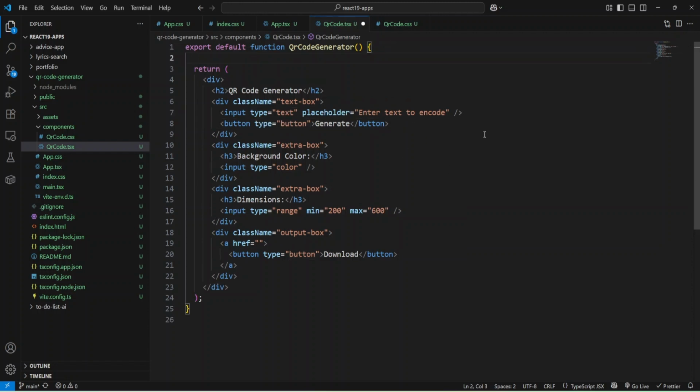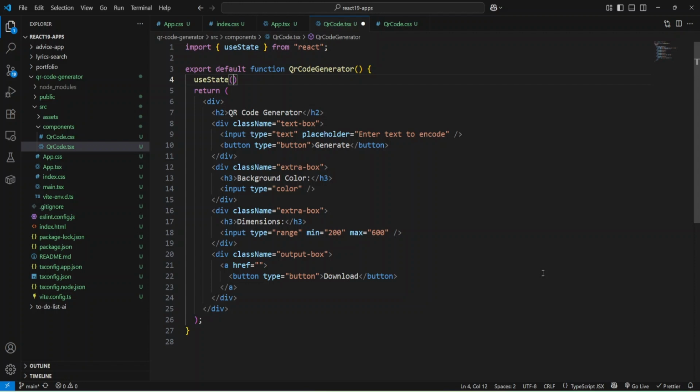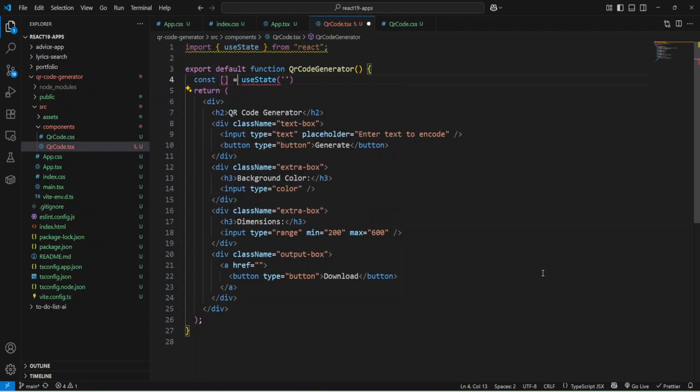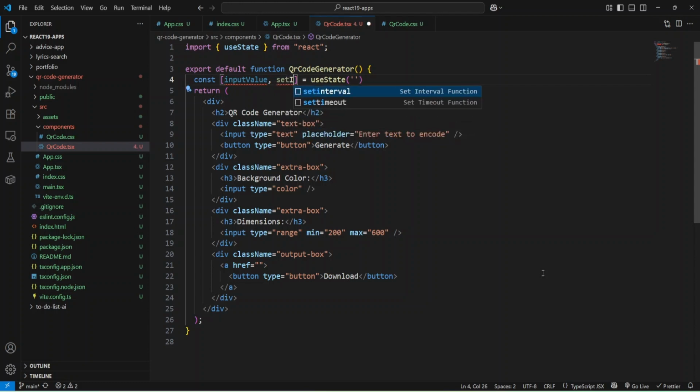And for that, I'm going to add state values with hook useState. I'm going to provide an empty value, and we'll use this hook to create some input value, and we'll create an array to get the input value, and the function would be setInputValue.